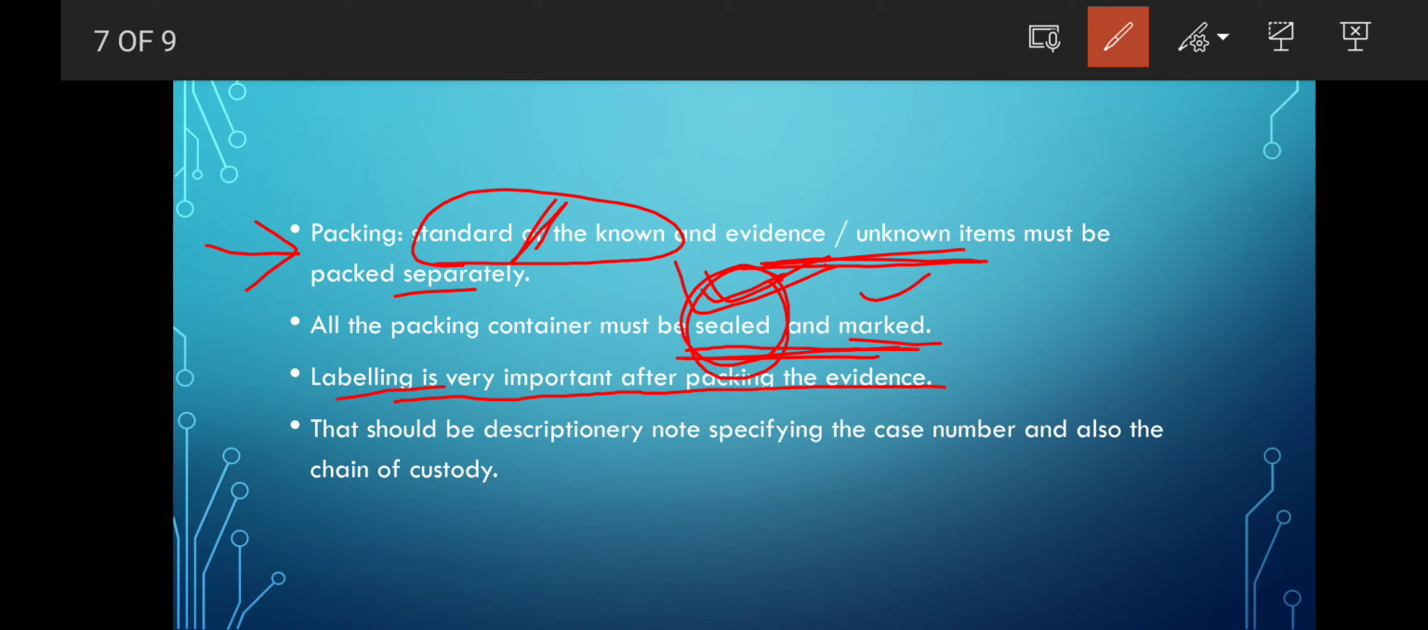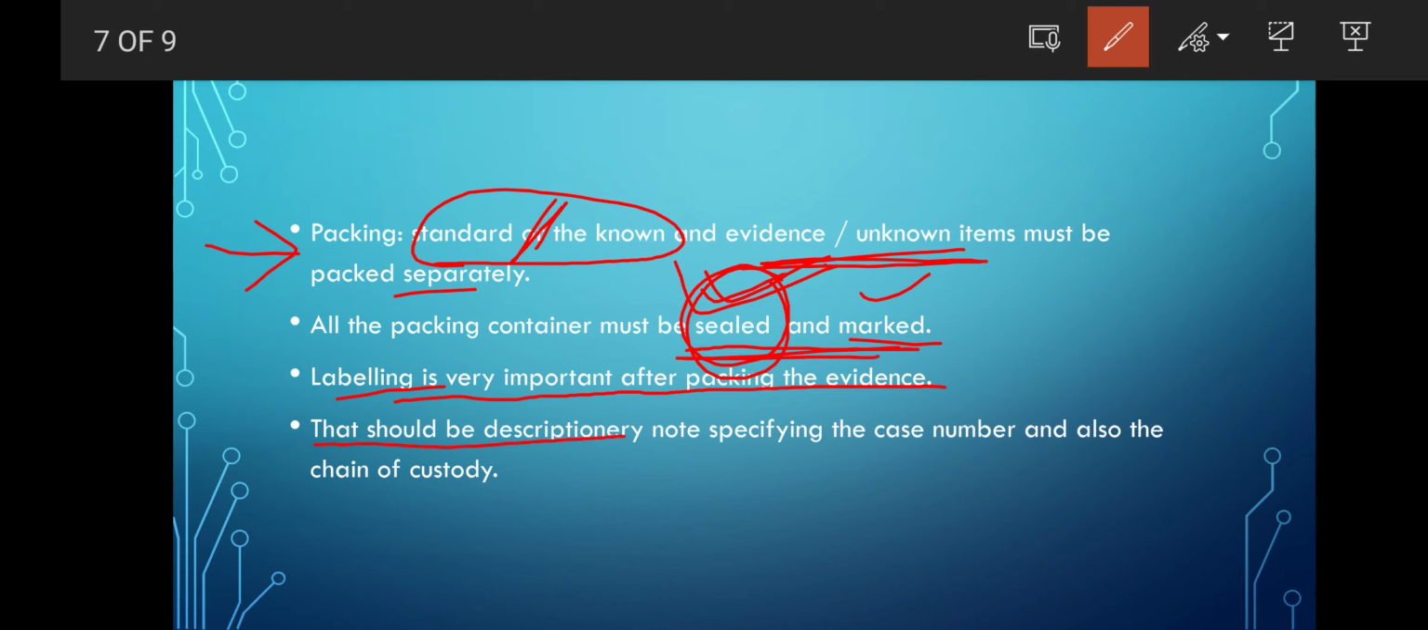Okay, then labeling is very important after packing the evidence. We should do the labeling of that particular evidence. In one crime scene we may find more than one evidence, right? So we should label it properly. Like a glass piece: we might find glass pieces over different areas, so we should mark them with numbers and give labeling. Then